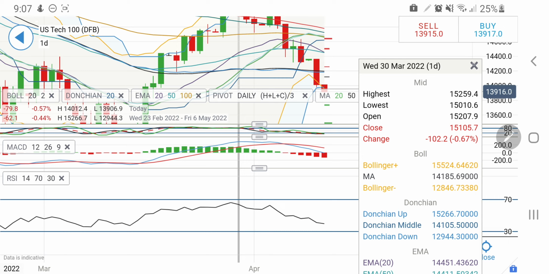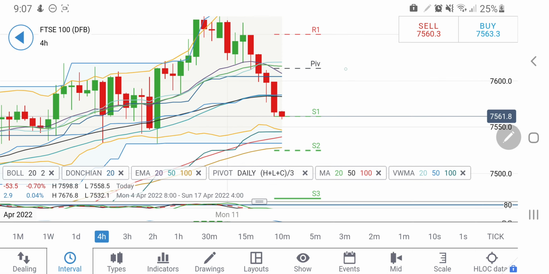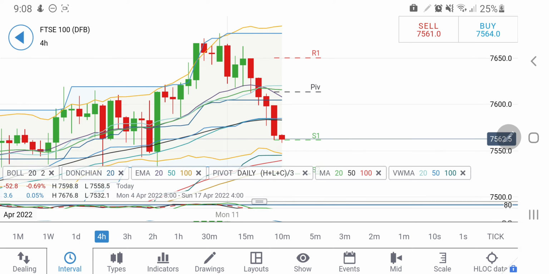Now let's have a look at FTSE 100 or UK 100. This is the 4-hour chart for UK 100. Remember, I have always maintained the stance that the 7540 level is going to remain a fairly strong support level for FTSE 100, so I'll be watchful of this again. At the same time, there is a strong resistance at 7620. So between these 60 points, we have to be a little bit cautious. Any reversal confirmation is only above 7620.